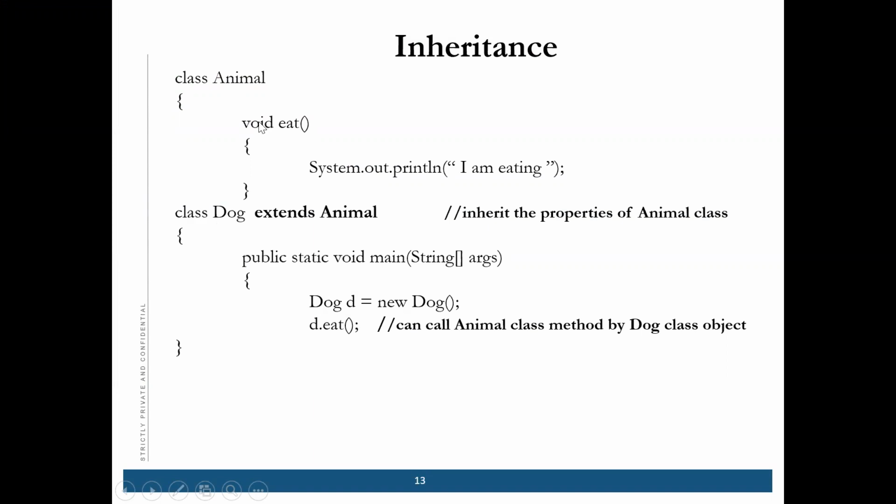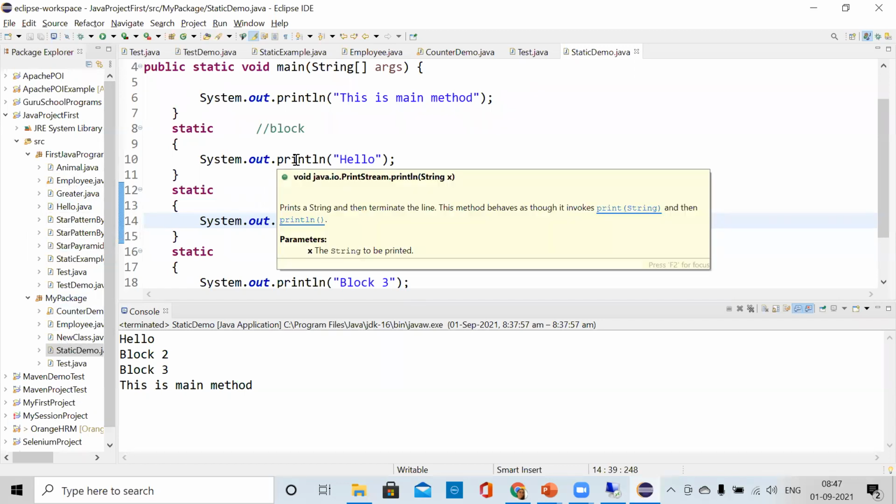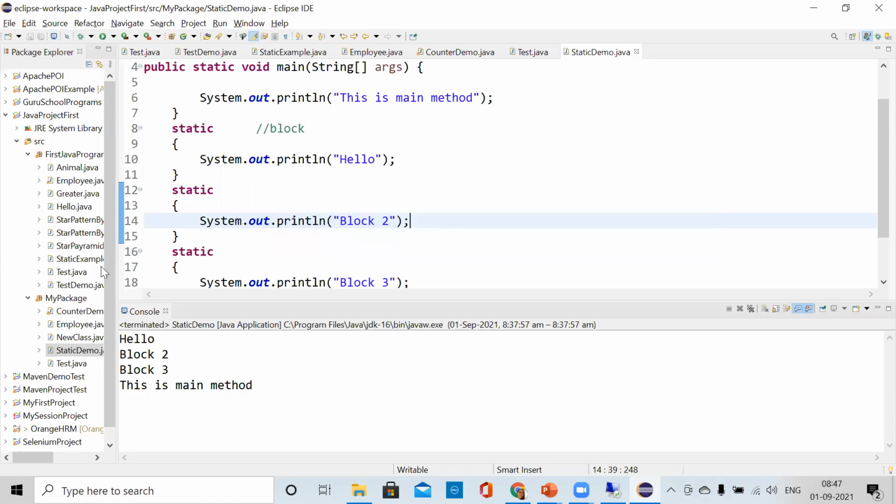But the main method should be in the class whose name you created, and you are executing with the help of that particular class. Okay, am I clear on my point?